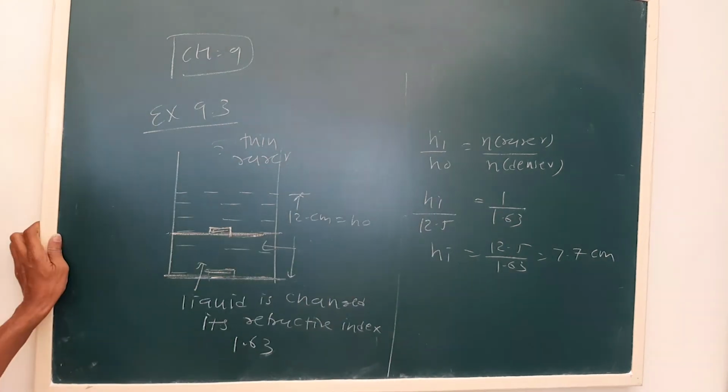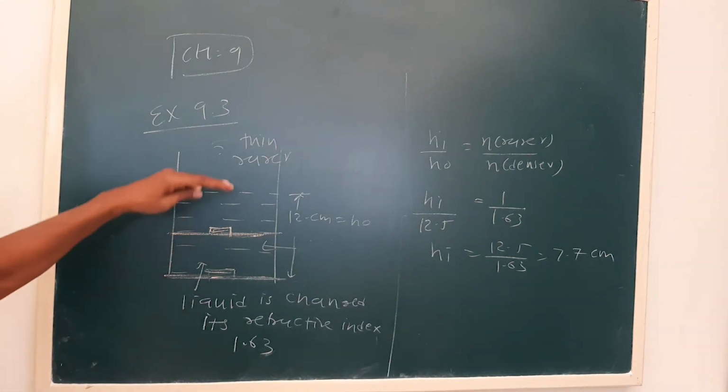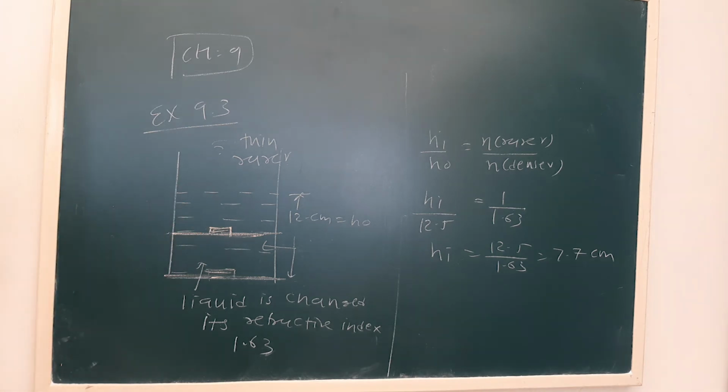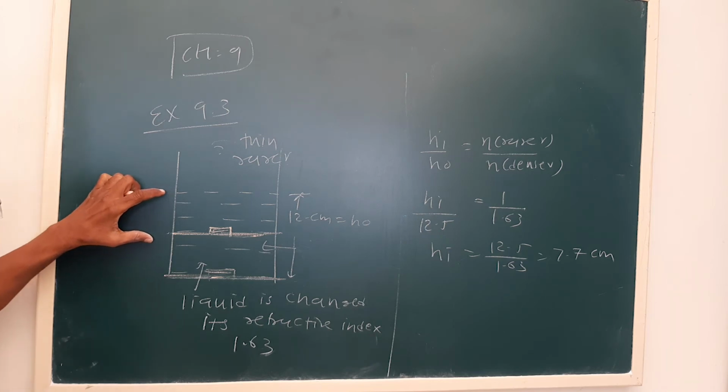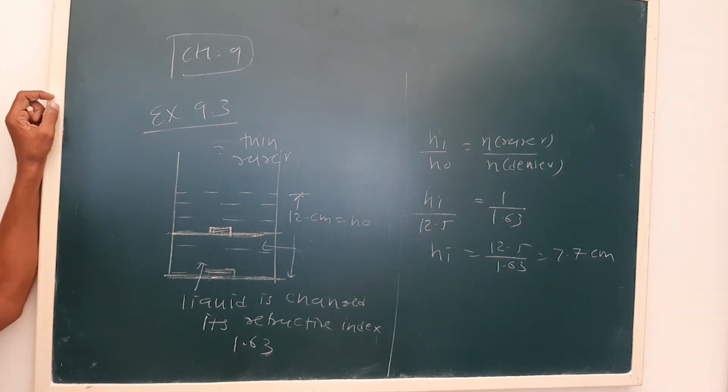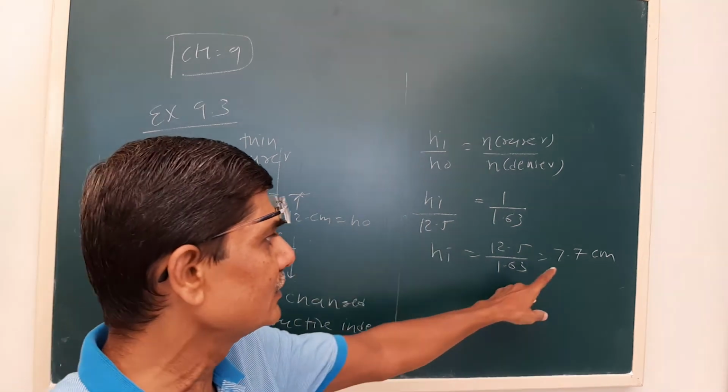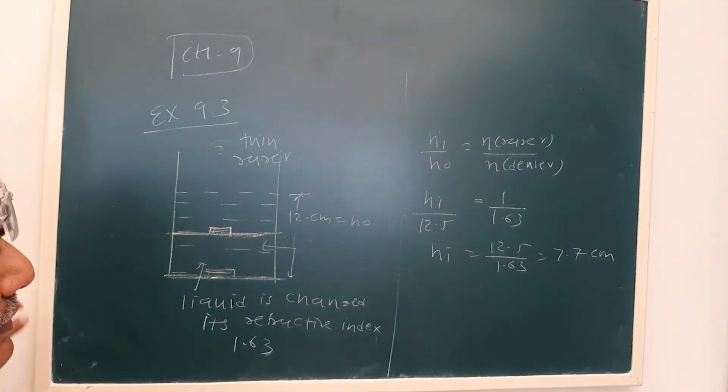Now see, suppose this is done by a microscope, what will be the change in the position? Initially the Hi we obtained is 9.4. Now when the liquid is changed, we get the value is 7.7. So we have